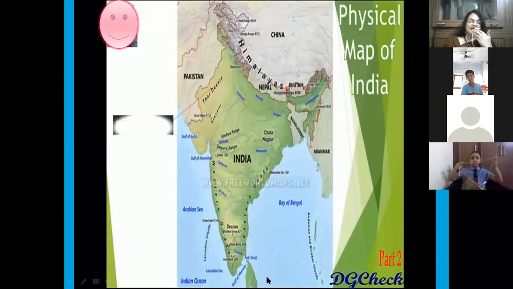So India lies in the northern hemisphere and the latitudinal and longitudinal extent of India is between 8 degree 4 minutes and 37 degree 6 minutes north latitude, and in the same way the longitude is 68 degree 7 minutes east and 97 degree 25 minutes east. Indian peninsula is separated from mainland Asia by the Himalayas.